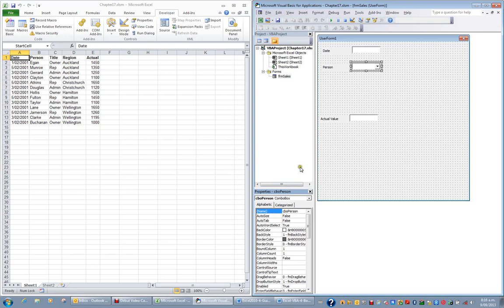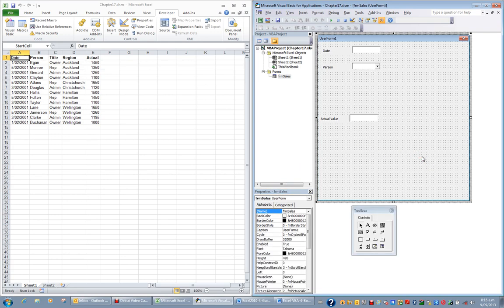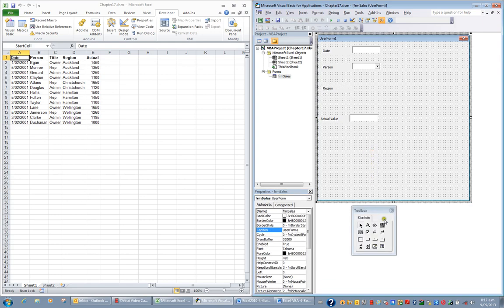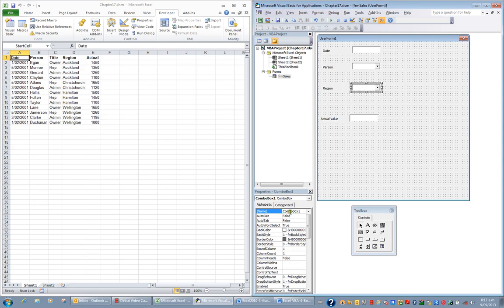What I'd then like to do is create another label, so I'll click on my user form, I'll click on my label control, and below person I'll click, and I'll give it the caption region, and press enter. To the right of region, I'd like to insert a combo box, so I click on my user form, and in my toolbox I click the combo box button. And to the right of region I click again, and this time I'm going to name this combo box cboRegion,